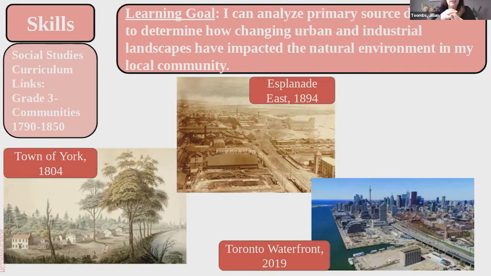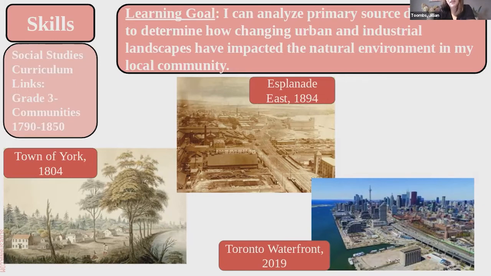They said things like, oh, there's so much more grass in the first picture, and there's so much more smoke in the second picture. And some of the questions they had were things like, why did they build the factory so close to the water? Isn't that going to pollute the air and the water at the same time? And why didn't they save more nature spaces? Why is there no more room for nature? So even young kids are making some really great inferences and asking great questions.